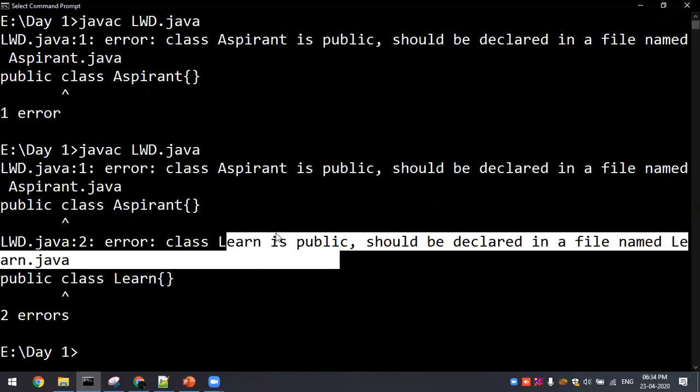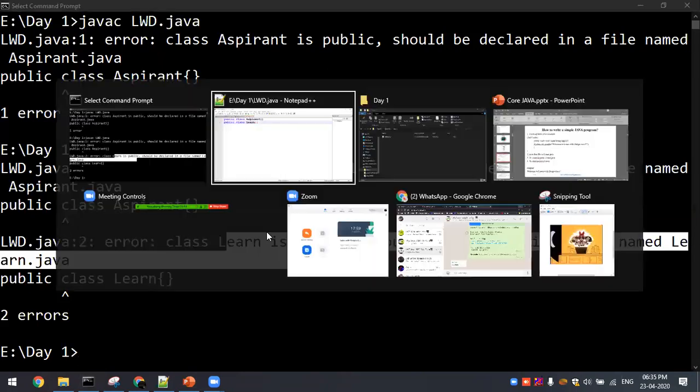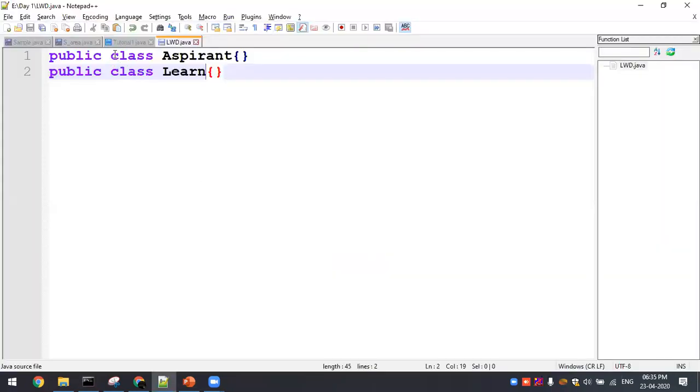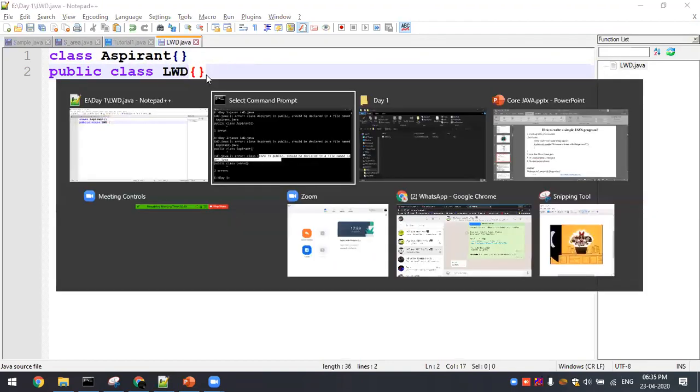These two classes have the right to make the program name the same as their own class name, either aspirant or learn. So this program name ambiguity will come. In that case, you are supposed to have only one public class. Got it? If the class is public, you are supposed to maintain the class name and the program name the same. I hope everyone is clear.